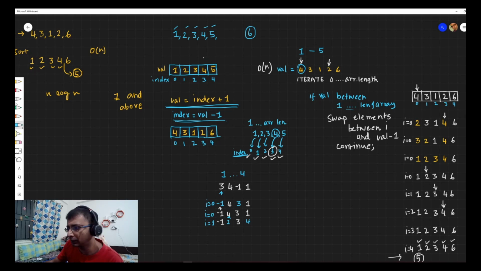Okay. And now we continue. Since we performed a swap, we are going to do I equals 1 again. And what we see is that we get a value 1 over here. It is eligible for a swap. So it will swap with the 1 minus 1, that is the 0th index. So 1 will come over here, minus 1 will come over here, and then 3 and 4 will remain at